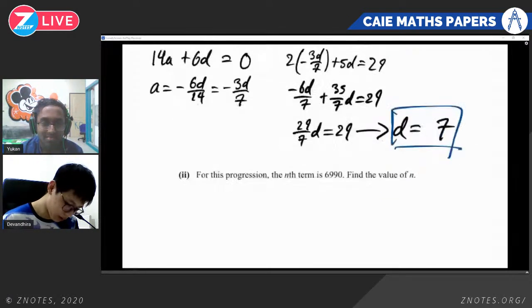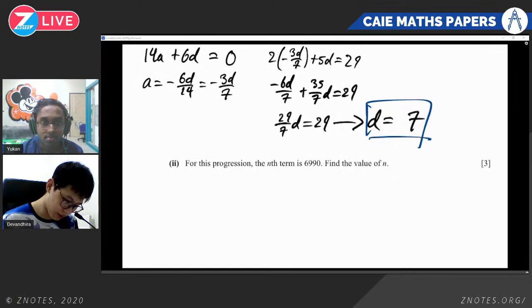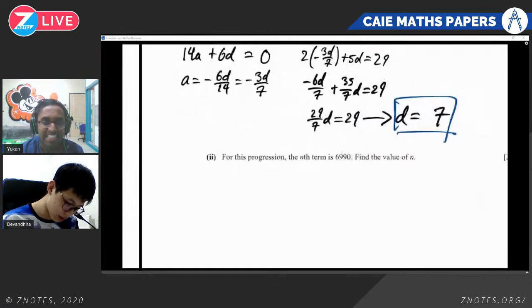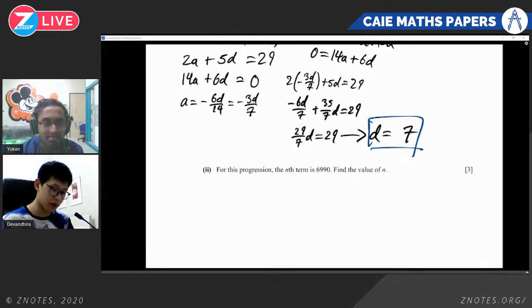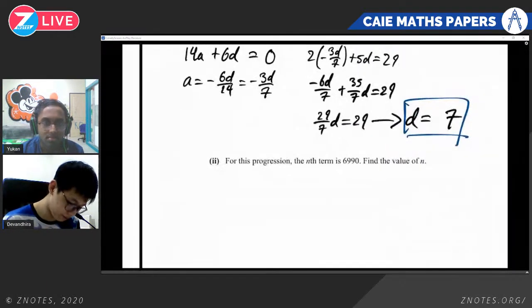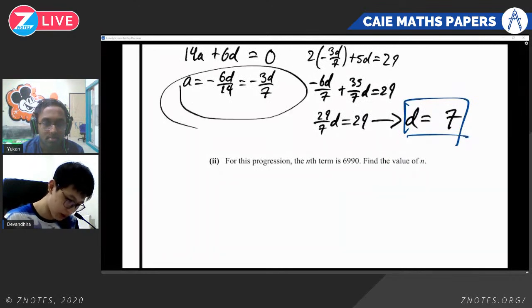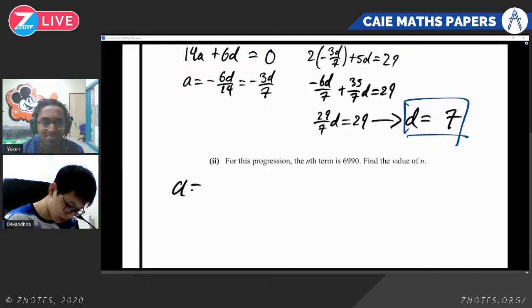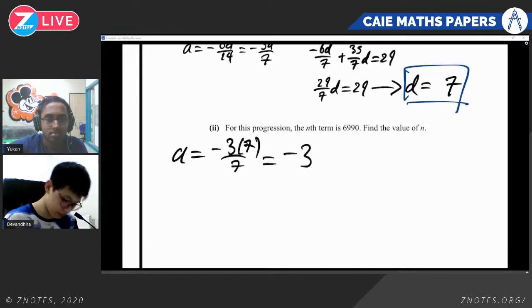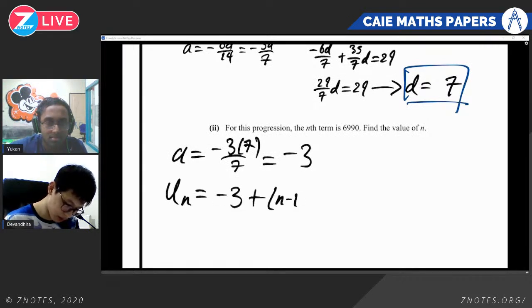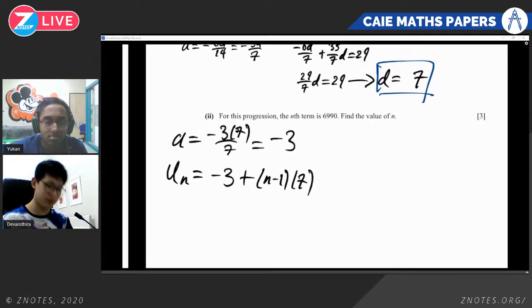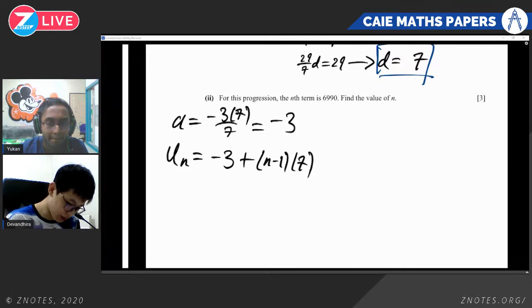All right, next question. For this progression, the nth term is 6990. Find the value of n. If you want to find the nth term, we have to find the a first, our first term. As you can see, a is just negative 3d over 7. Because we found our d, we can just put d in: negative 3 times 7 over 7. The 7 cancels and we have negative 3. Therefore, our nth term is negative 3 plus n minus 1 times 7. Now the nth term is 6990, so we have 6990 is equal to negative 3